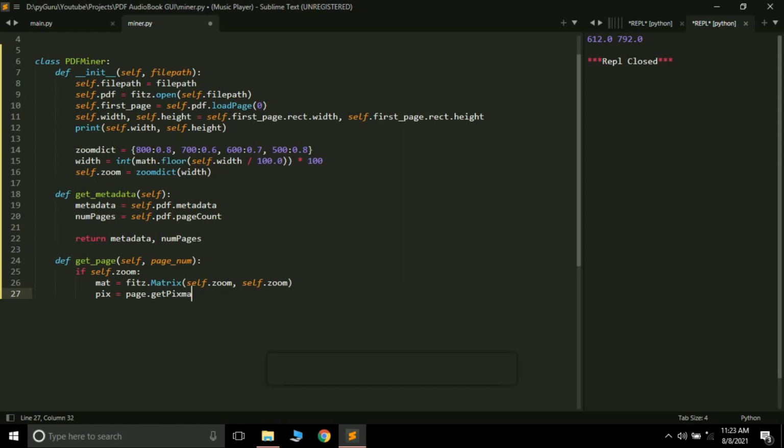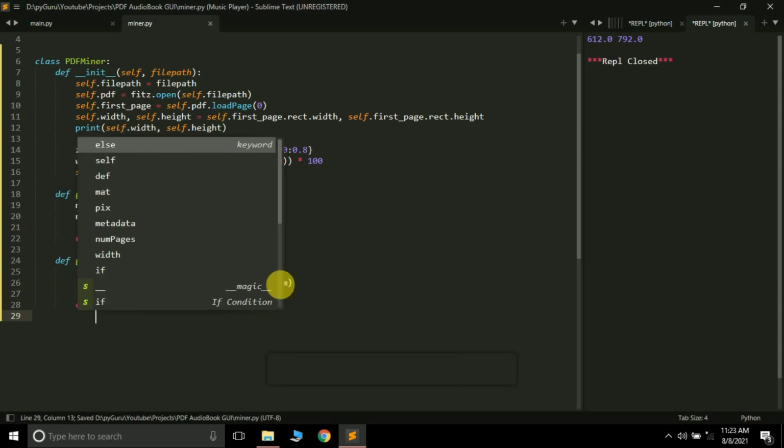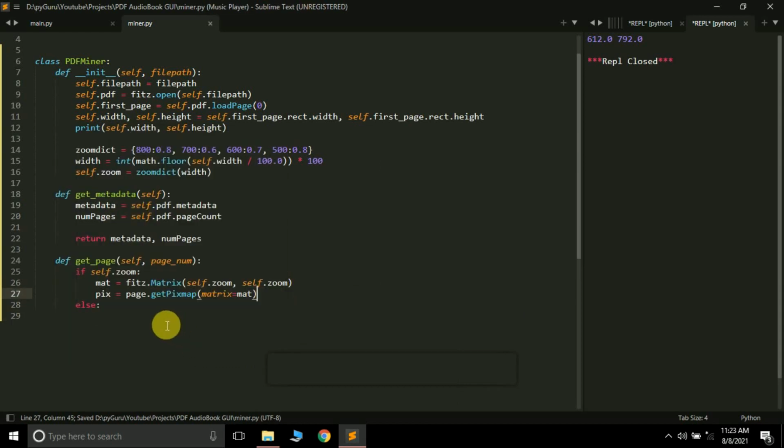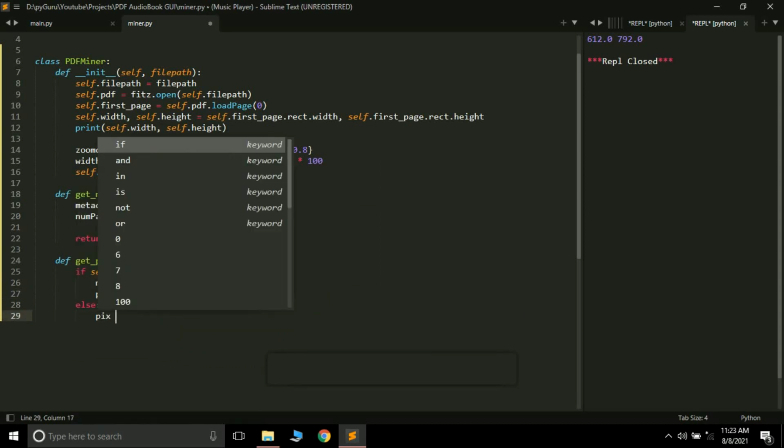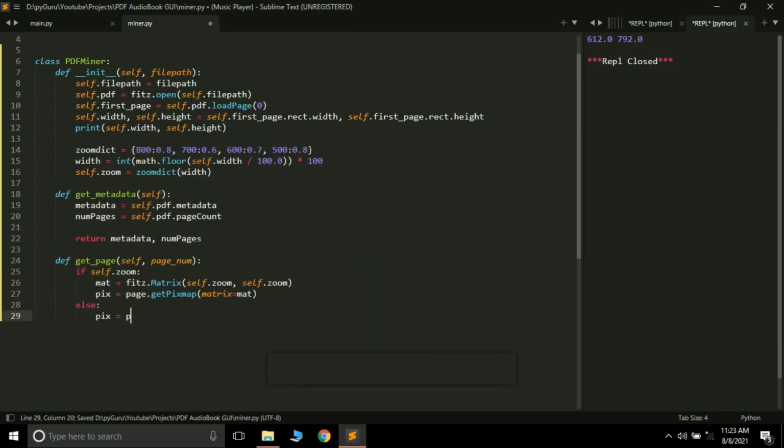It will return the page as an image. Matrix equals mat. Else, if there is no zoom value, then we do not need to zoom our page. So we can simply do pix equals page.get_pixmap, and it will again return the page in image format.